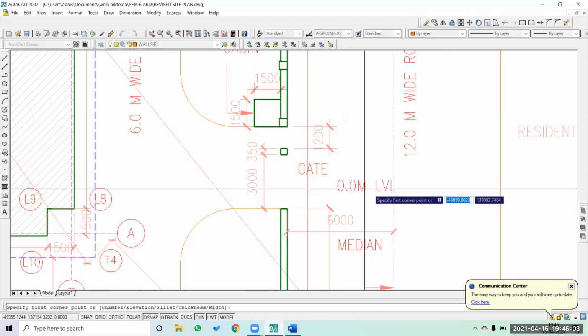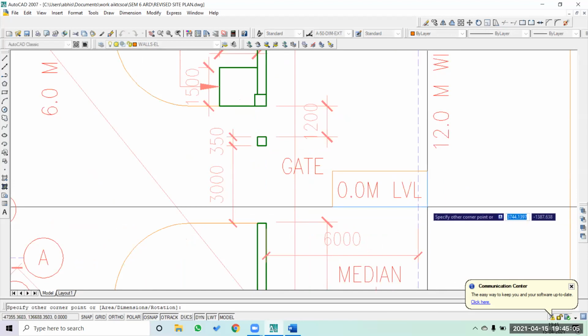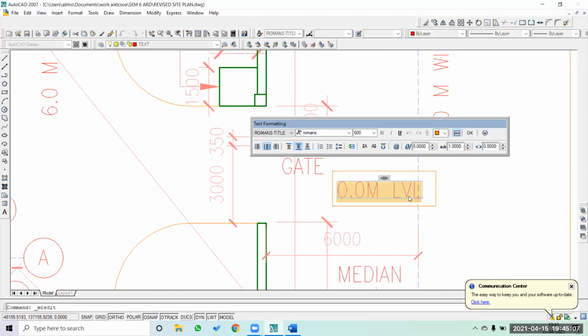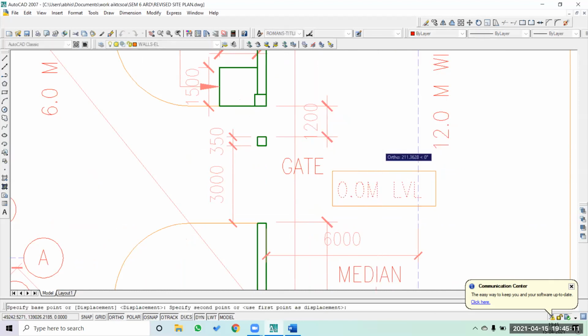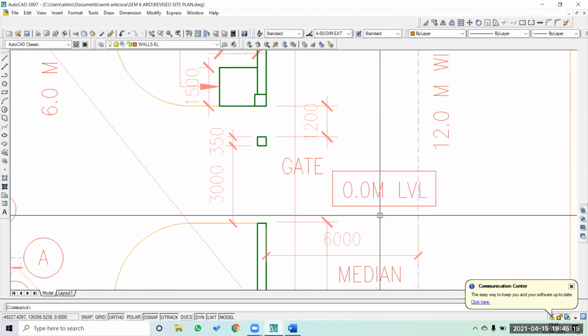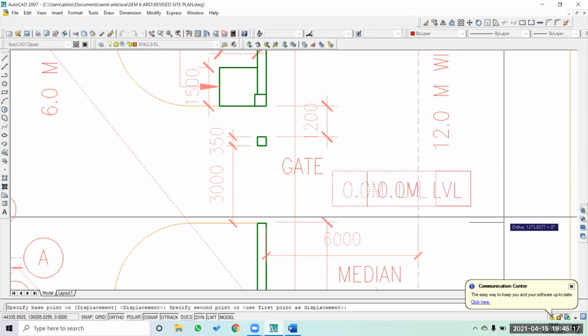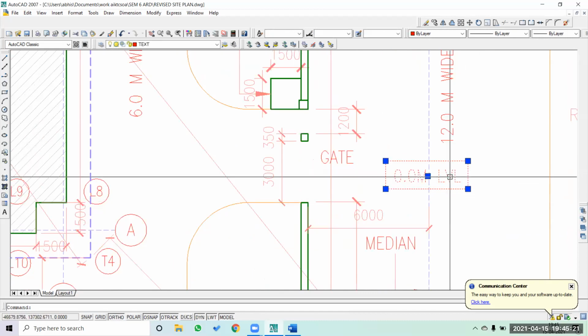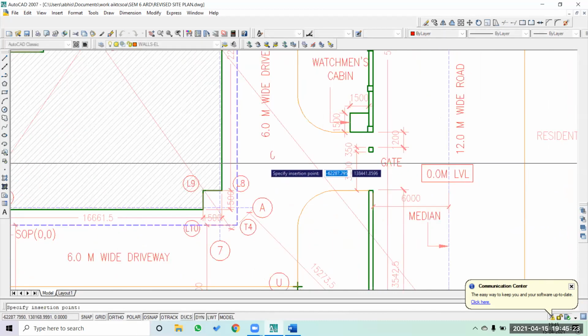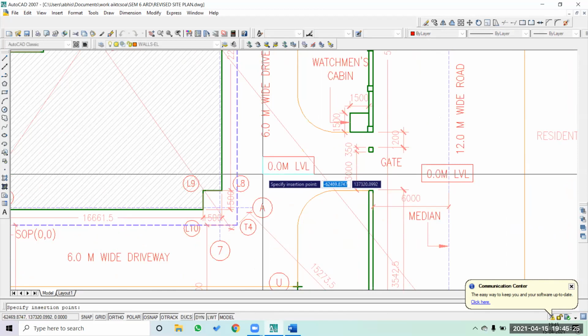Okay, so I'm just going to simply create a rectangle around it at center. Yeah, so this is the level box which we have. Okay, this is 0.0 meter level. We are just going to copy paste to here as FM F8.